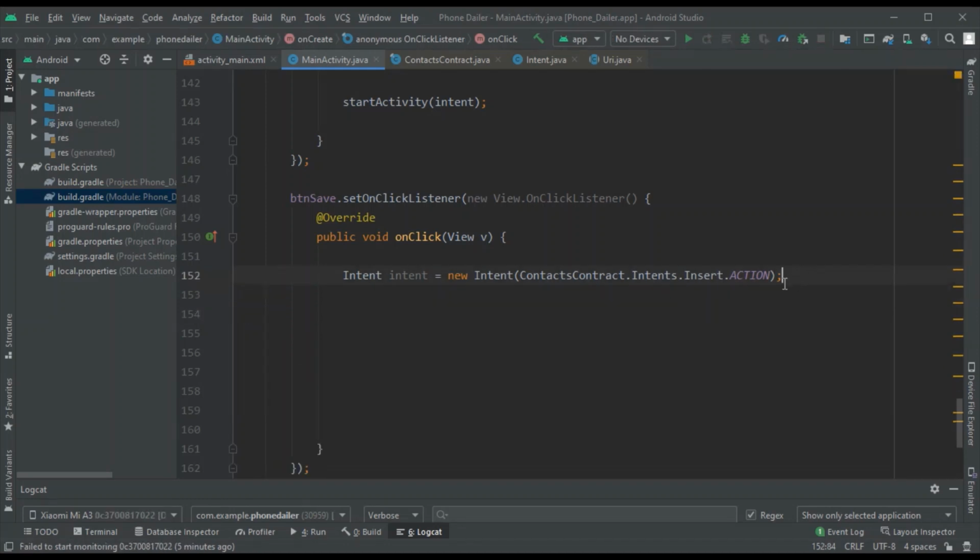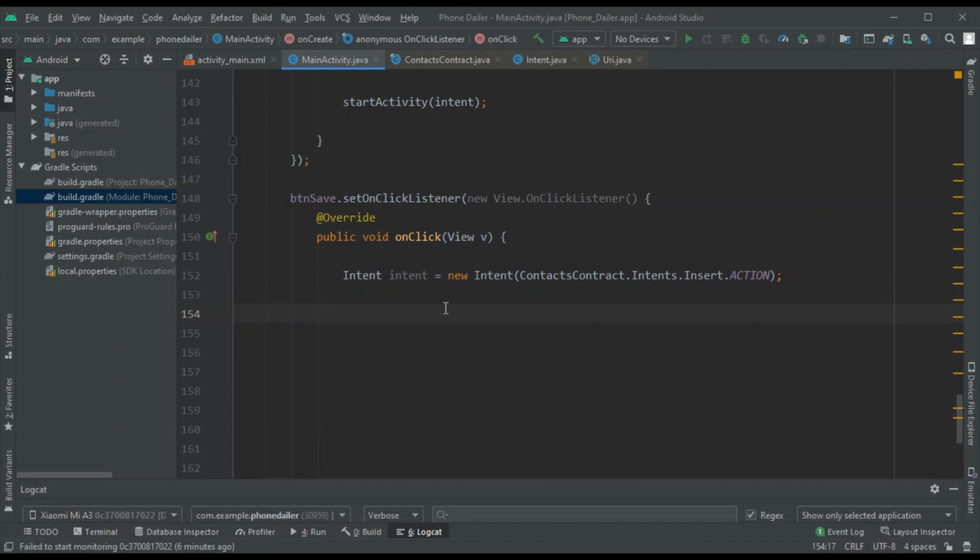Okay, so now after specifying this, you need to pass in the data, right? Whatever data you pass, it has to go and store somewhere. In this case it will store itself in a table. A table is nothing but something with several columns. Each column will have a name, such as first name, last name, phone number, or email address, like all the basic information a contact will have. All these are represented as columns, and here each row will represent